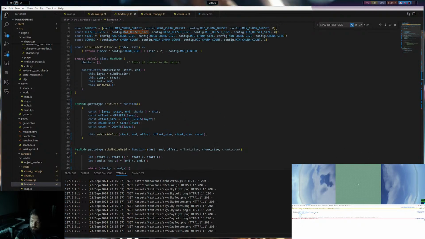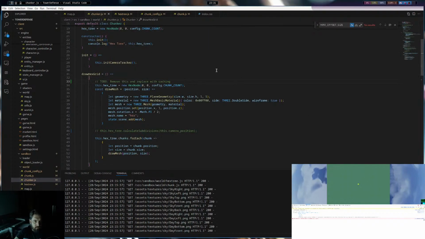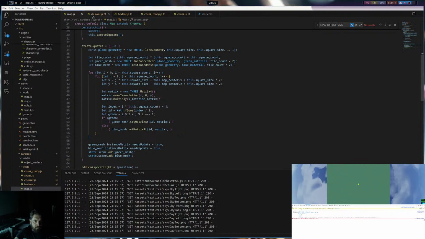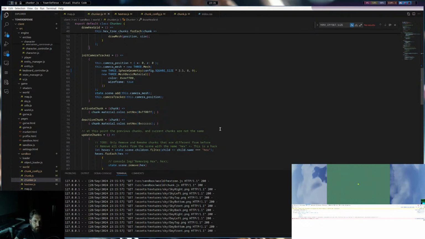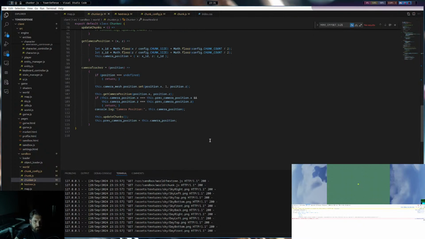So you can see here we end at 74. We are at 37, 37. This is where we are on the grid, in terms of chunks, I think. Yeah, that should be our chunk position that we're in. I don't know if that's right. Yeah, we're dividing by the chunk size.